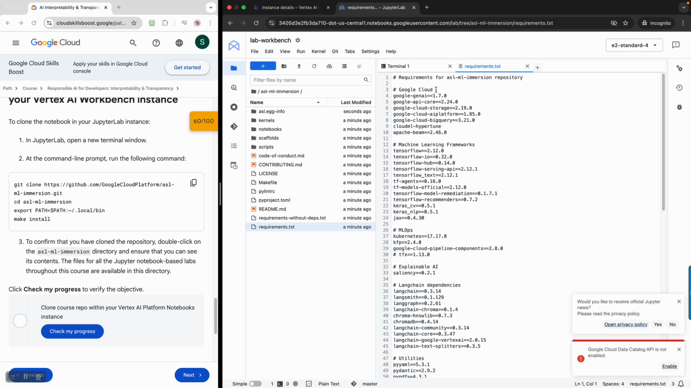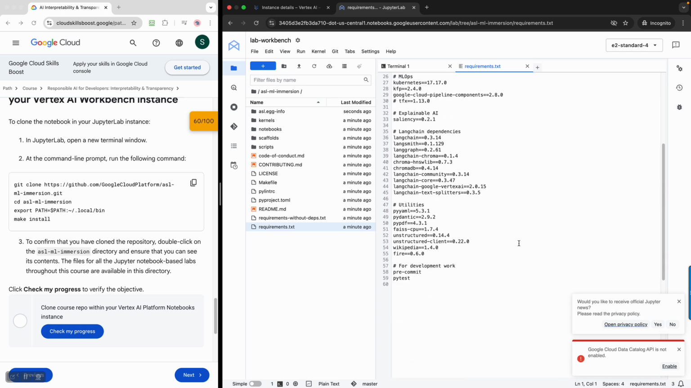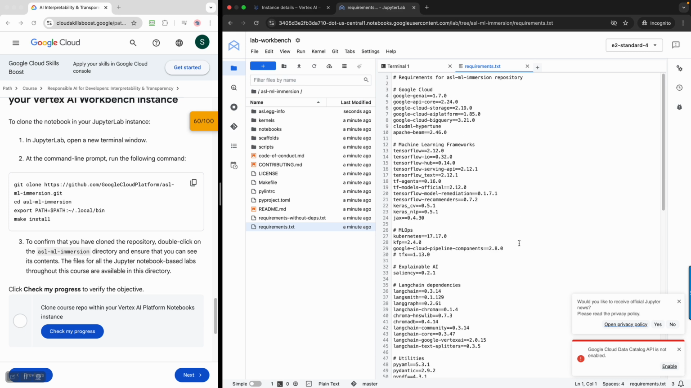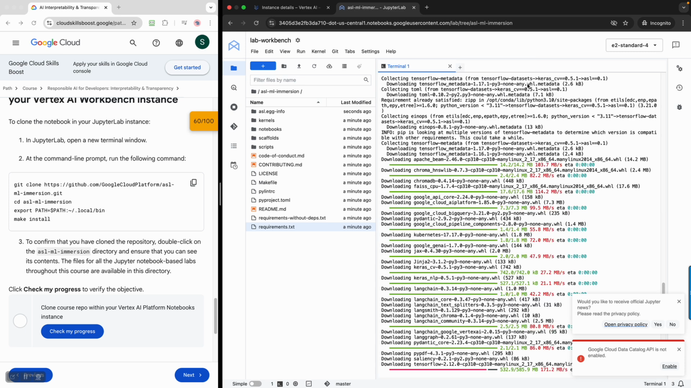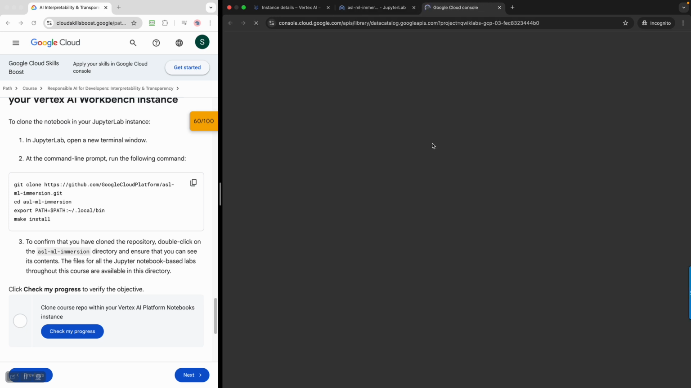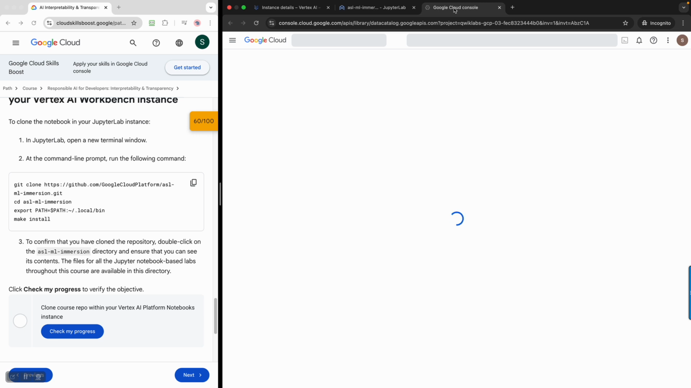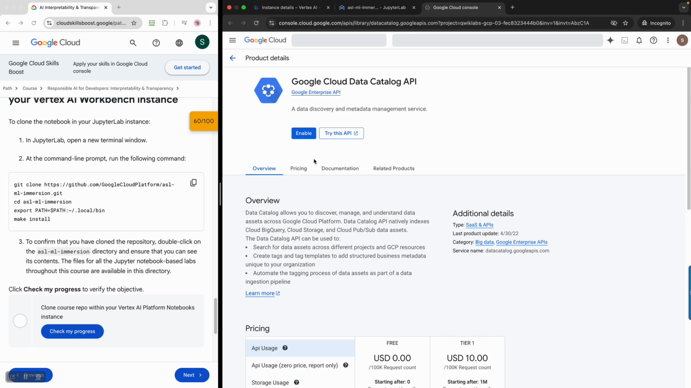So you can see these are all the requirements that are getting launched, installed basically. Okay, so let me enable this. I don't know whether this is required or not, but to be on the safe side, I will enable this as well,